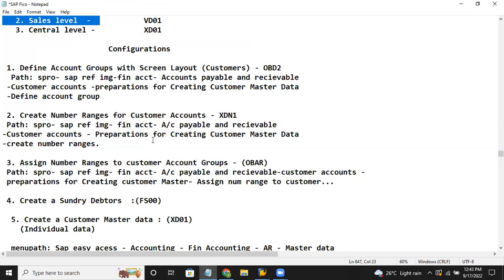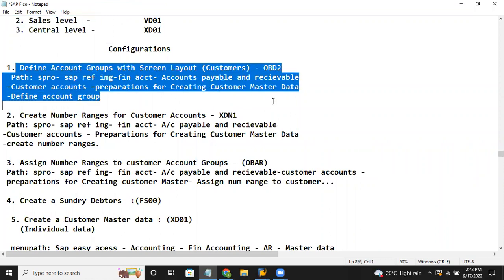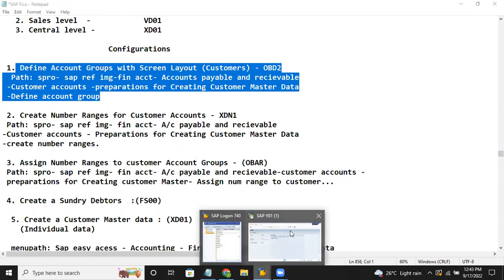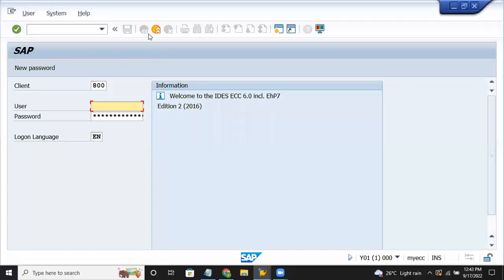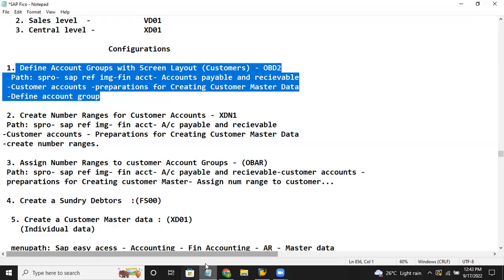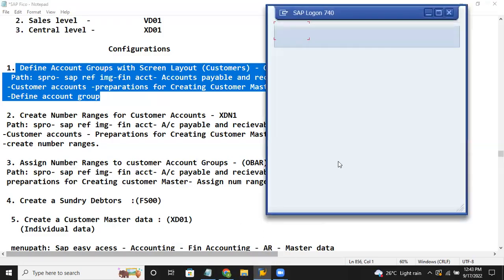Like how you defined configurations for your account groups for vendors, here also you have to create account groups for your customers. If it is domestic, one account group. If it is foreign, one account group, like that. So let's define account groups with screen layout. First step,